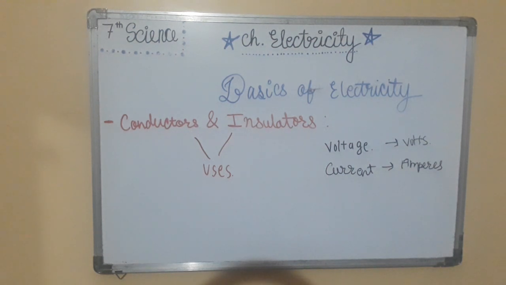After that, power. Power is a measure of the amount of work an electric current can do in a specified period of time. It is measured in watts. For any electrical device, the higher its power rating in watts, the greater is its